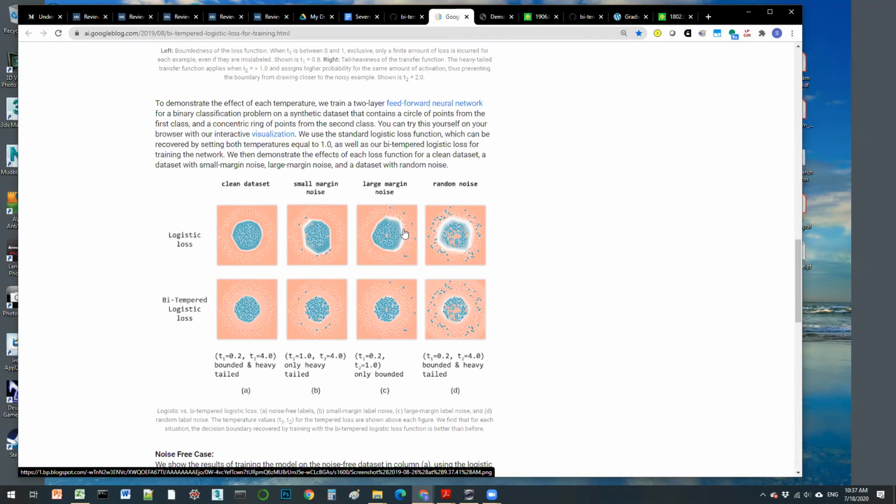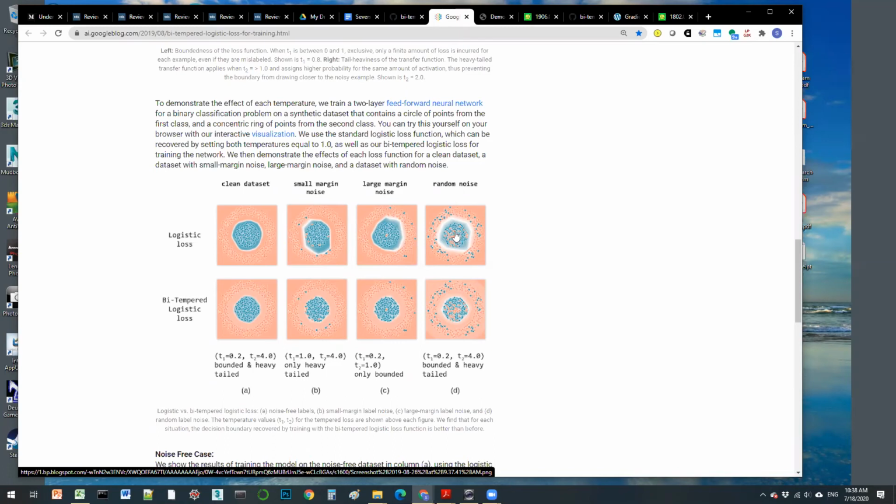And again, because of these blue dots, in the case of logistic loss, the boundary seems to stretch out. Whereas if you look at the bi-tempered logistic loss, that effect is minimal and it's still well behaved in the classification. And they show that when you have random noise,